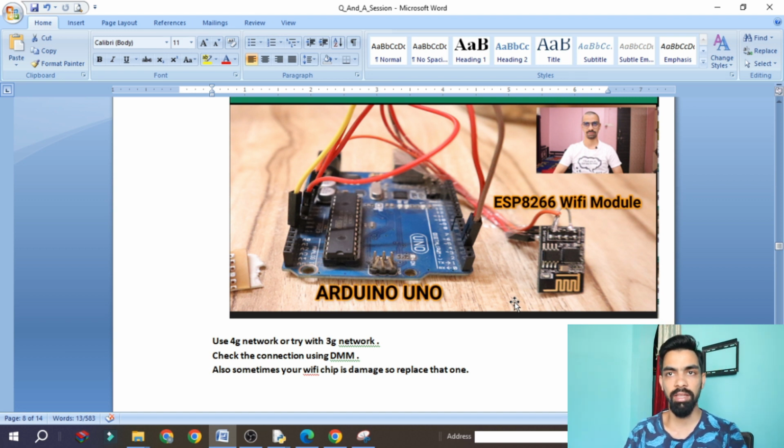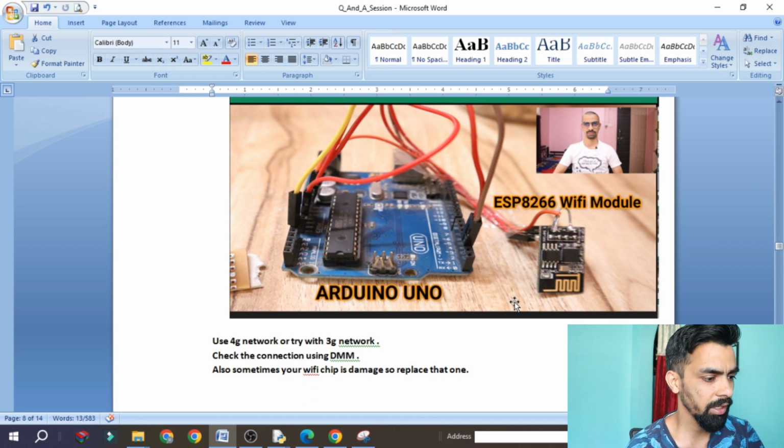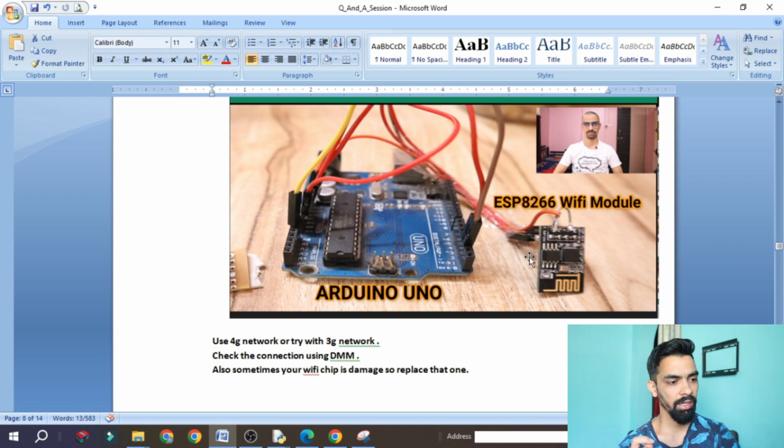Then if there is connectivity, the next possible error is that you are connecting this Wi-Fi chip to a 5G network. Maybe this Wi-Fi chip does not work with 5G. Try with 4G or 3G. Second, if you are still getting that error, it means your chip has a different baud rate, and in the program you are using a different baud rate. In that video I also told you how to modify the baud rate. So first modify the baud rate to the respective level, let's say 115200 or 9600, whatever is in the program. So please watch that complete video first.